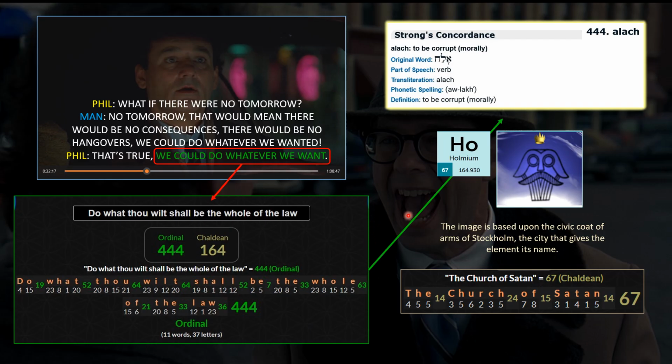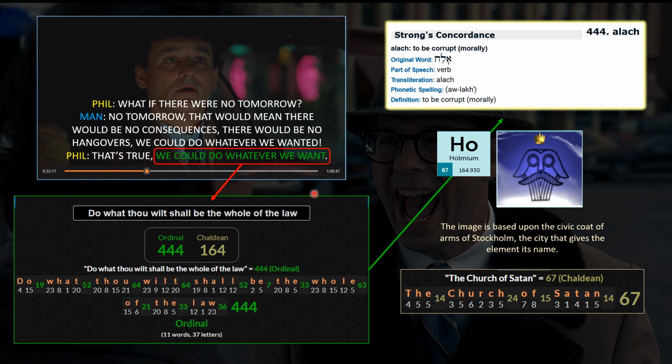So Phil, having lived day after day, starts to question his existence, and he gets drunk with his buddies, and he's driving them home, and he asks them, "What if there was no tomorrow?" And his buddy, the drunk man, says, "No tomorrow? That would mean there would be no consequences. There would be no hangovers. We could do whatever we wanted." And Phil says, "That's true. We could do whatever we want." And that concept of us doing whatever we want